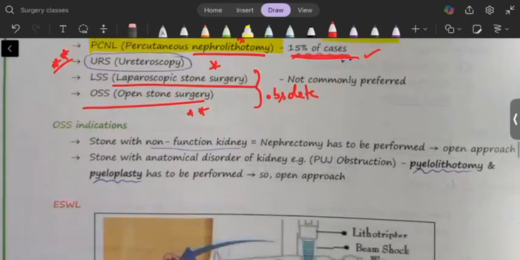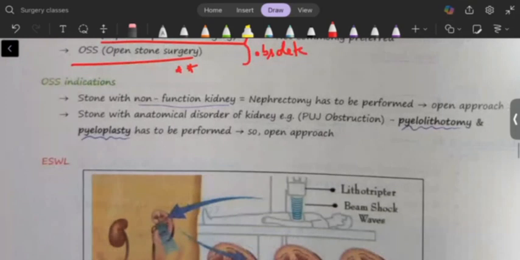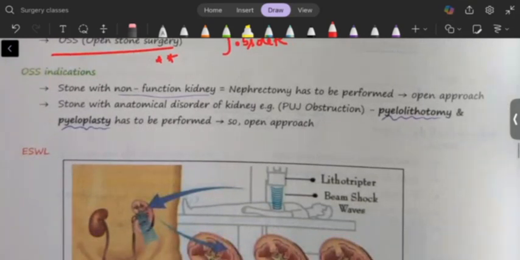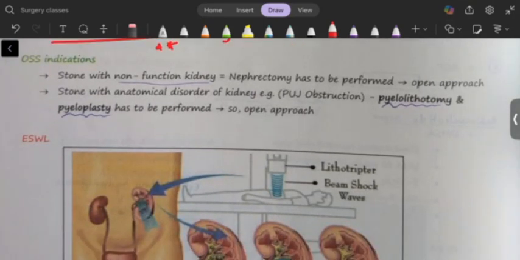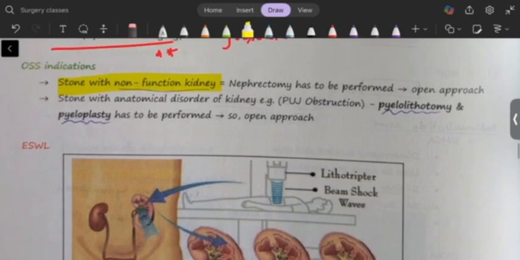Open stone surgery, when do we do it, what is the indication? If the stone has caused so much damage that the kidney is not functioning now. So stone with a non-functioning kidney is an indication for open stone surgery. In that case, the non-functioning kidney would have undergone necrosis, or is of no use now. So we will remove that part of the kidney,